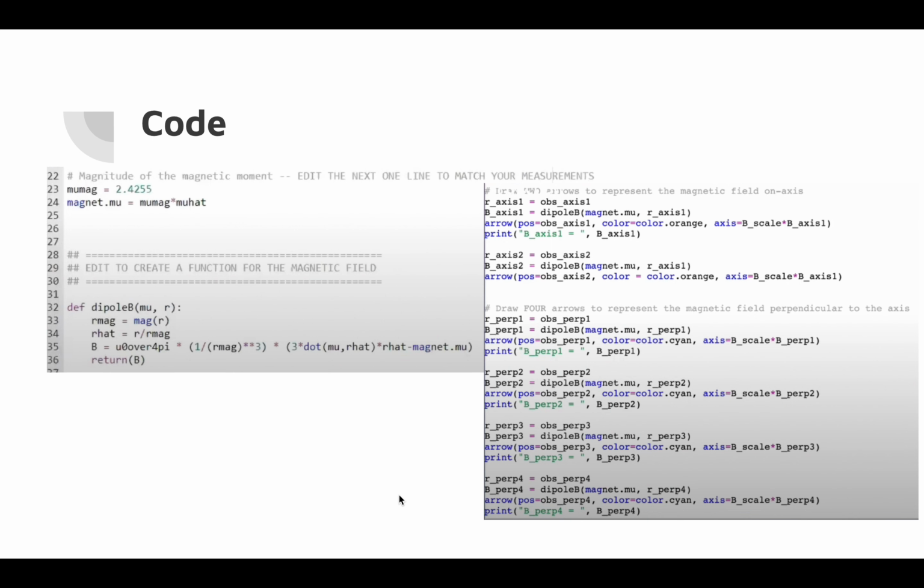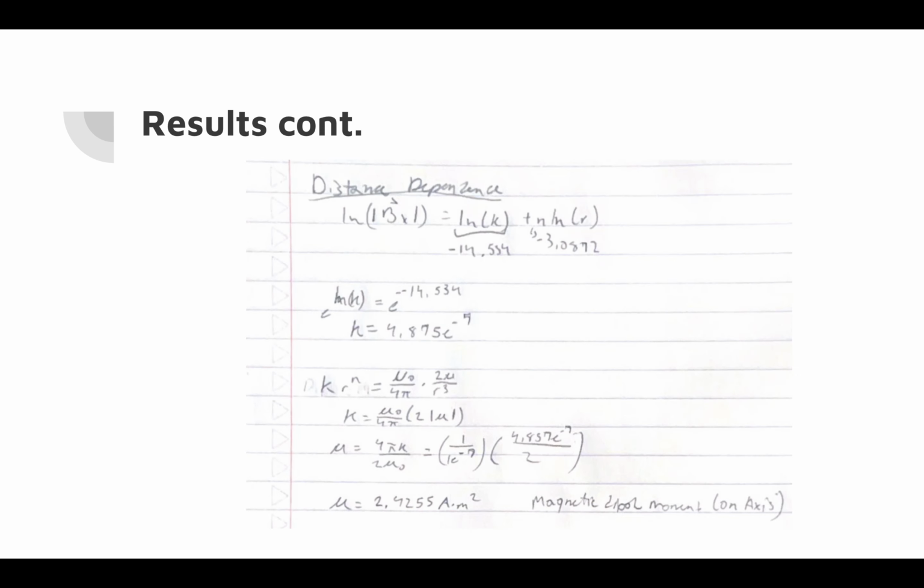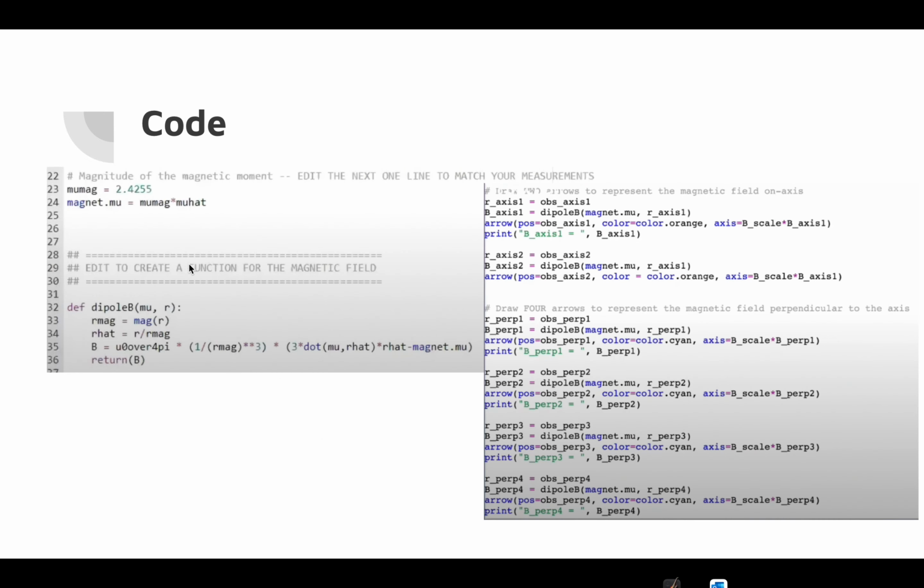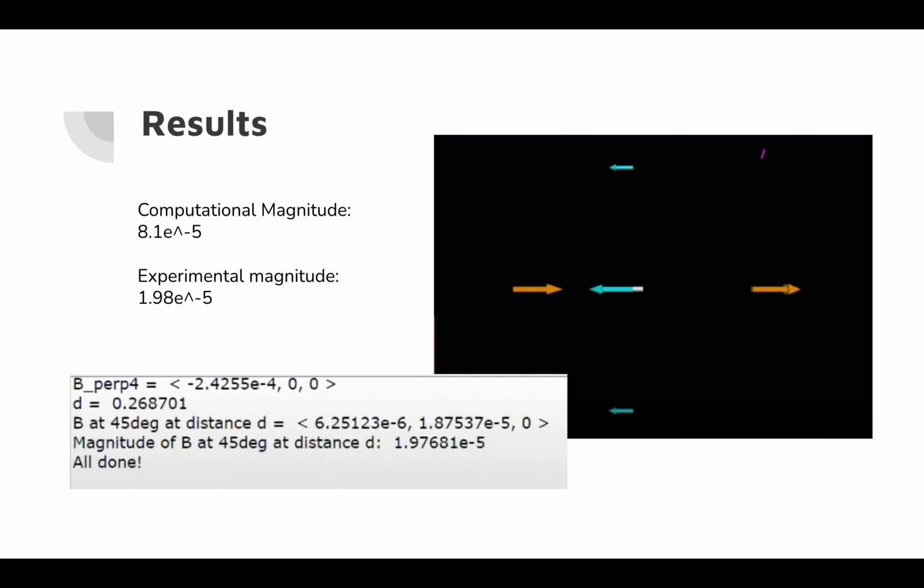For the theoretical, we used the magnetic dipole moment I got from the observed experiment, and plugged it in, and then set it to measure the perpendicular, parallel, and then 45-degree magnetic magnitudes. And what we found was that the computational magnitude and the experimental magnitude were kind of off by a good bit,